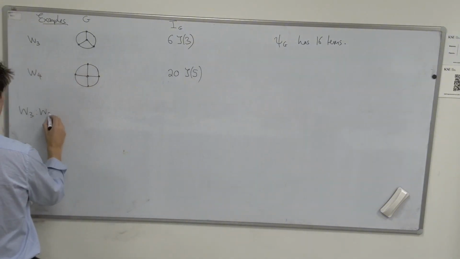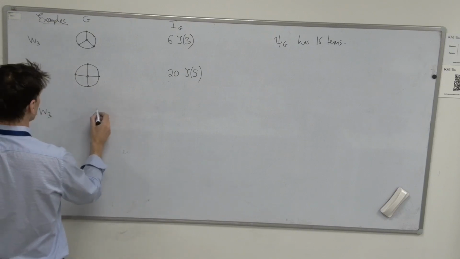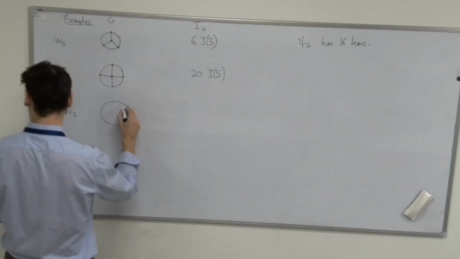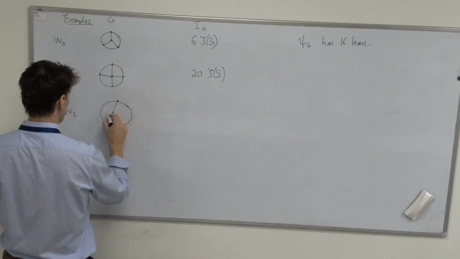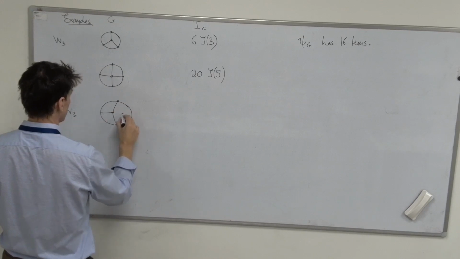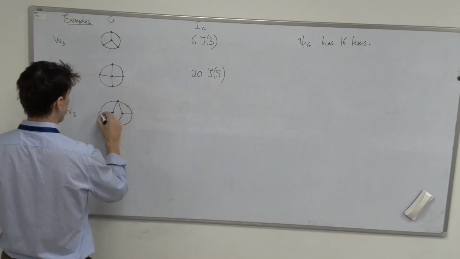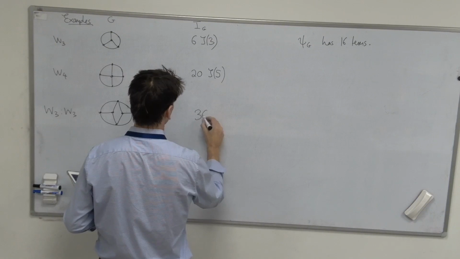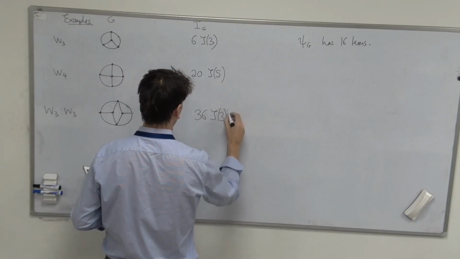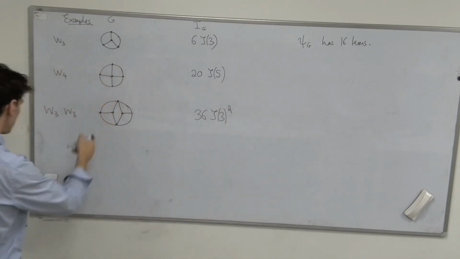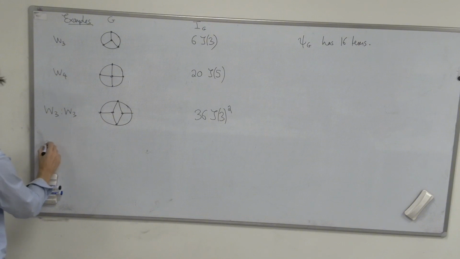Something called W3 double dot, which is this graph, which I think was on the poster. This gives 36 zeta of 3 squared. So these are very difficult to do, and they were done systematically by Broadhurst and Kreimer